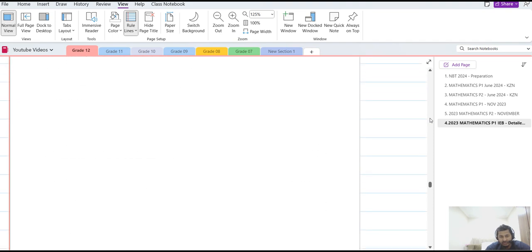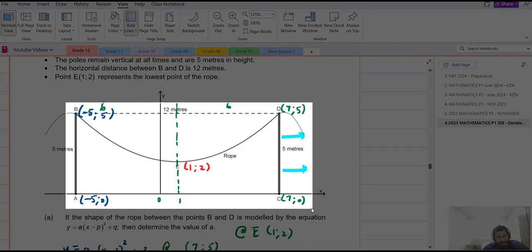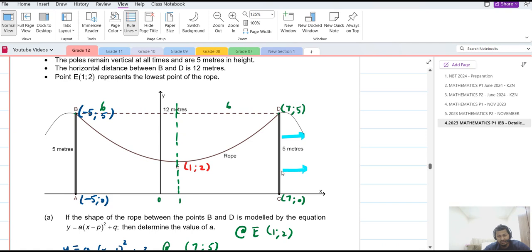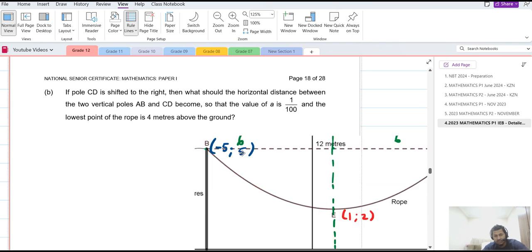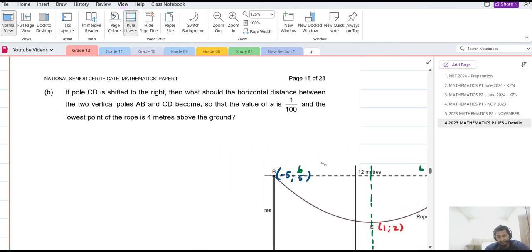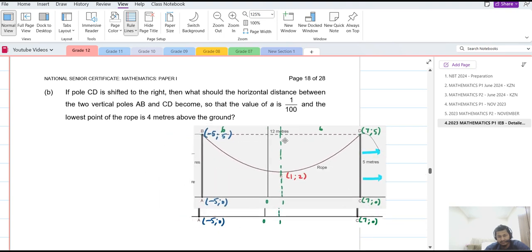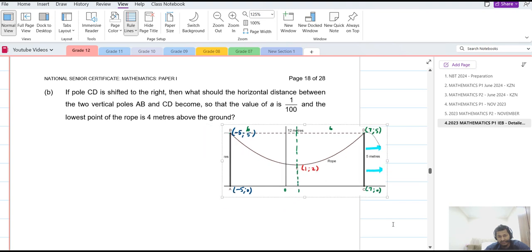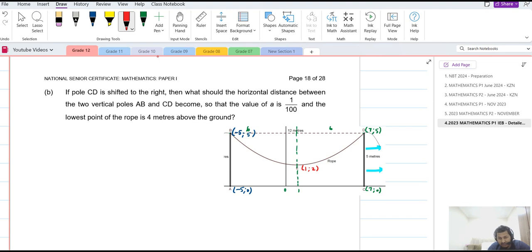Let's take the pole CD. Let me copy this diagram. The arrows indicate that you're shifting the pole CD to the right. And to solve this problem, now remember, when you're shifting this to the right, this pole is moving, but this pole is fixed. So we have a fixed pole, and the coordinate of E now becomes,